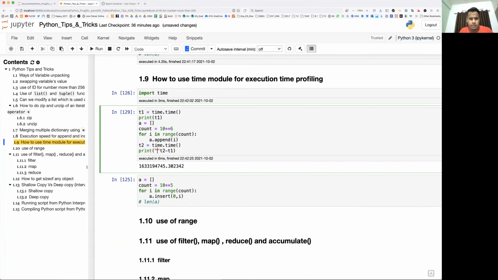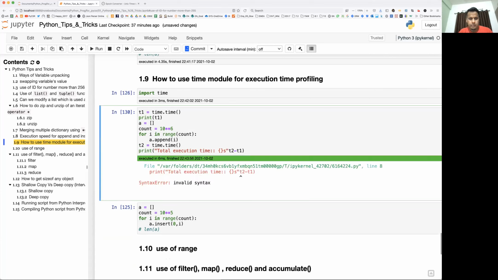And just mention total execution time equal to... this will be in seconds, right? Let's mention this. Dot format.